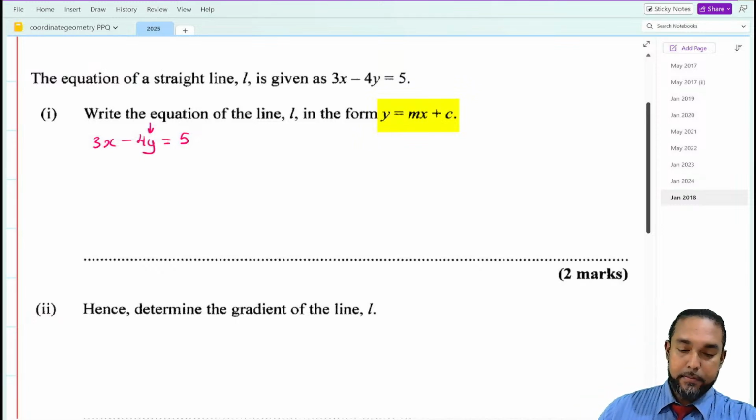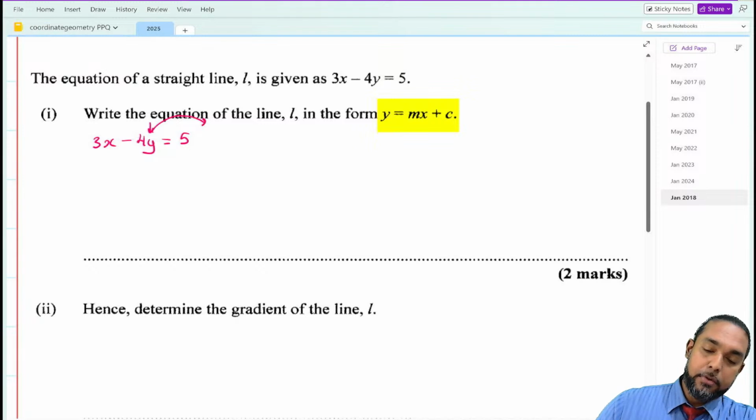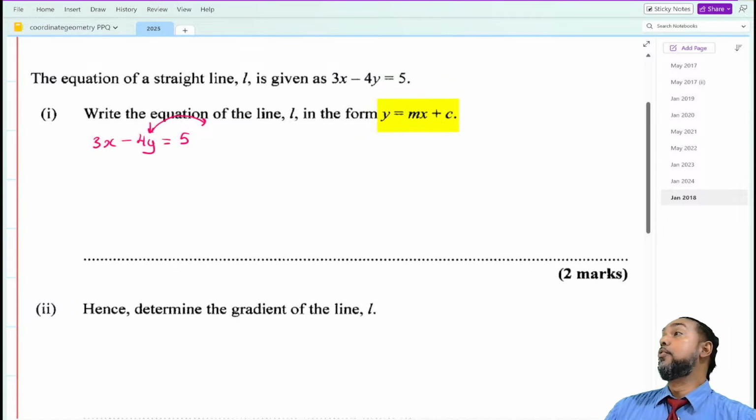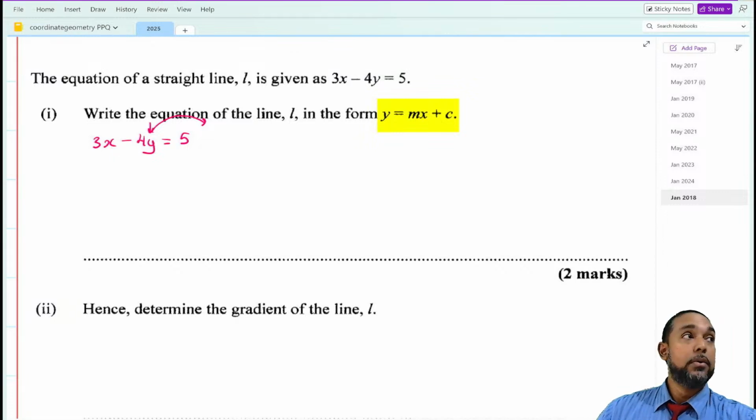All right. So you want a positive y. Now you have different ways you could do this, right? So one way is let's carry over the whole 4y. Now, how is the 4y attached from this? What operation is this here? That is subtraction. How do we remove something attached by subtraction? We use the opposite operation, which is addition.